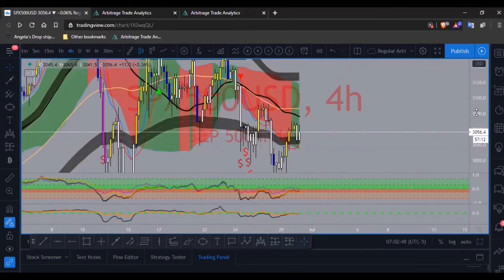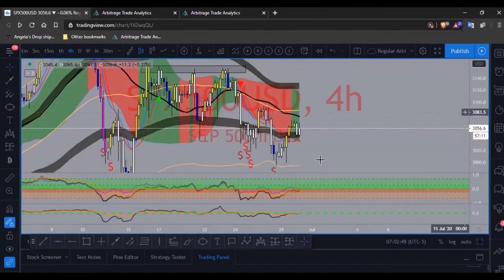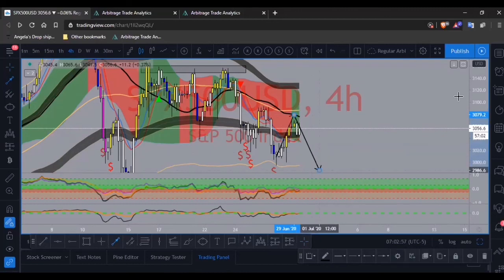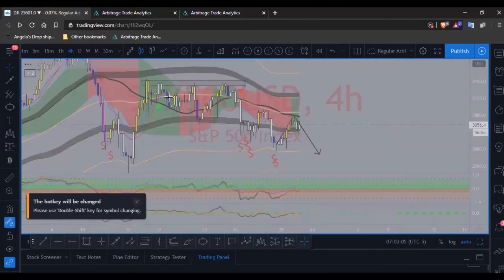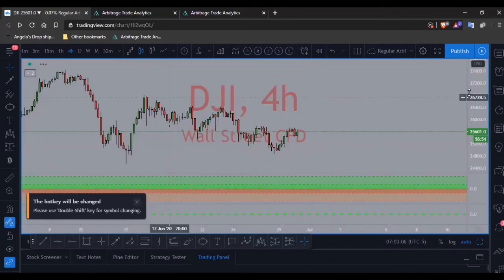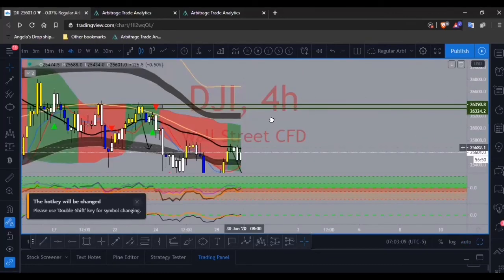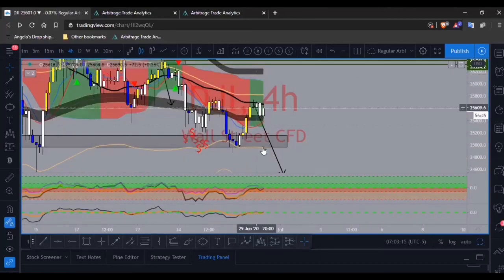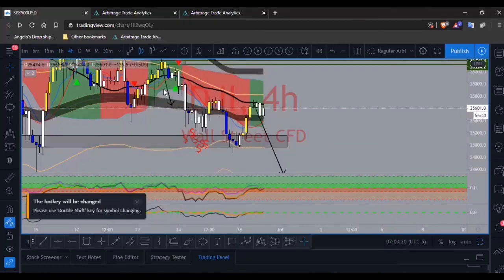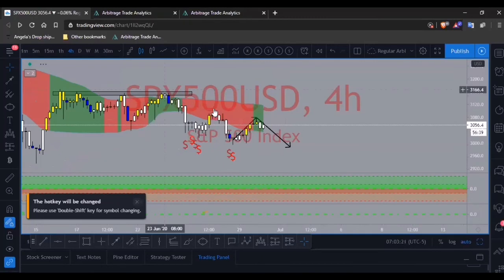And so I explained the same thing about the Dow Jones yesterday, that I wanted price to retrace back up to the RSI line and then drop. We don't necessarily have that with SPX 500, but Dow Jones, again, like I said, we did have that. Price did come up to the RSI line and it's respecting it. And that's exactly what it's doing right now. So I still want to see this drop happen. This is for the Dow Jones. And if that drop does happen, then naturally SPX 500 will follow right through.